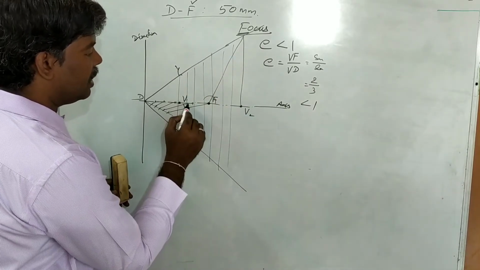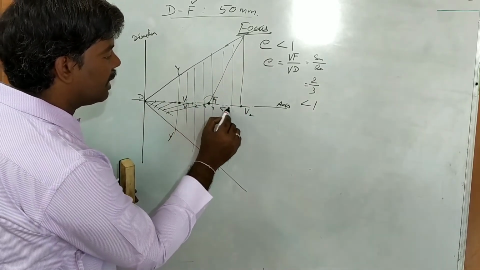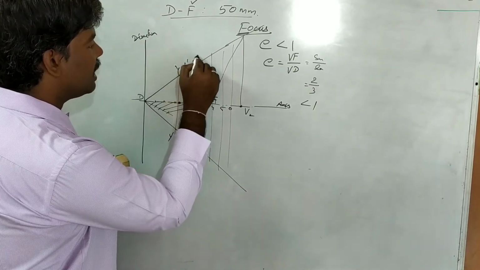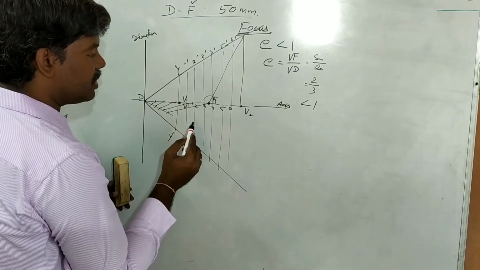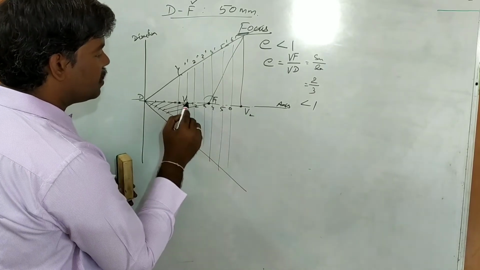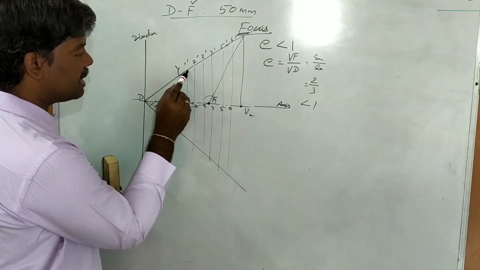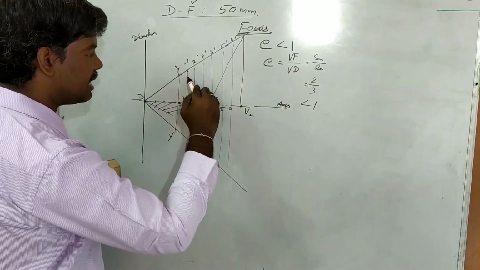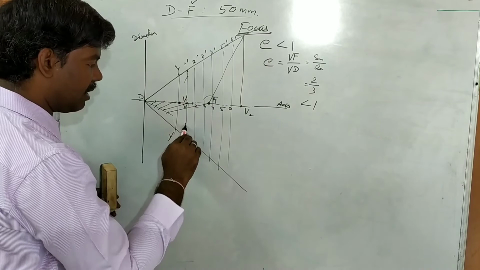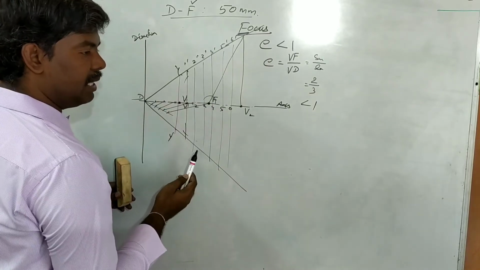Okay, then already you know 1, 2, 3, 4, 5, 6, similar case 1 dash, 2 dash, 3 dash, 4 dash, 5 dash, 6 dash, like that. Next you know the procedure. So 1 to 1 dash as the radius, F as the center, intersect arc on that 1 dash line on both sides, top and bottom on the axis.